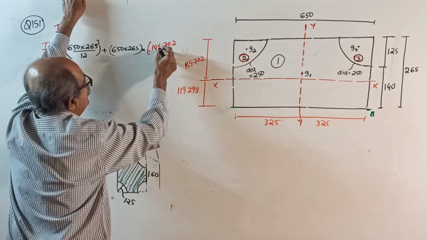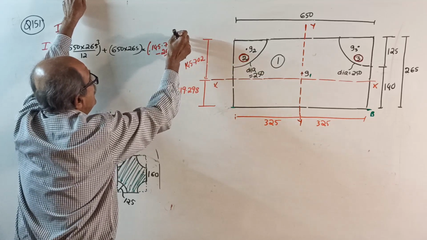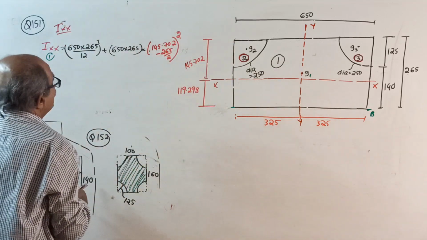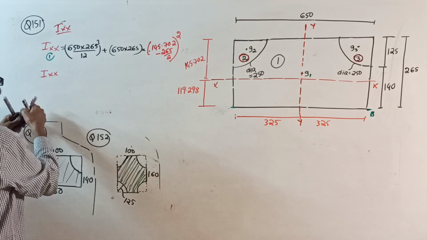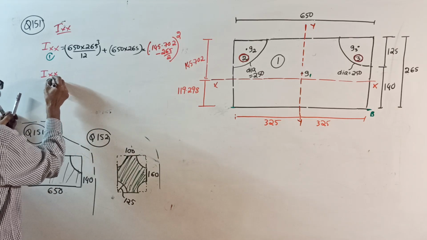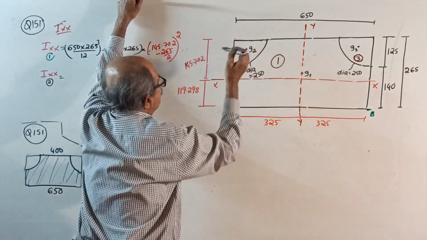145.702 minus 265 by 2, that is to be squared, horizontally. Okay, Ixx, get the answer. Then Ixx for 2, any color will do. See, I about its own axis,